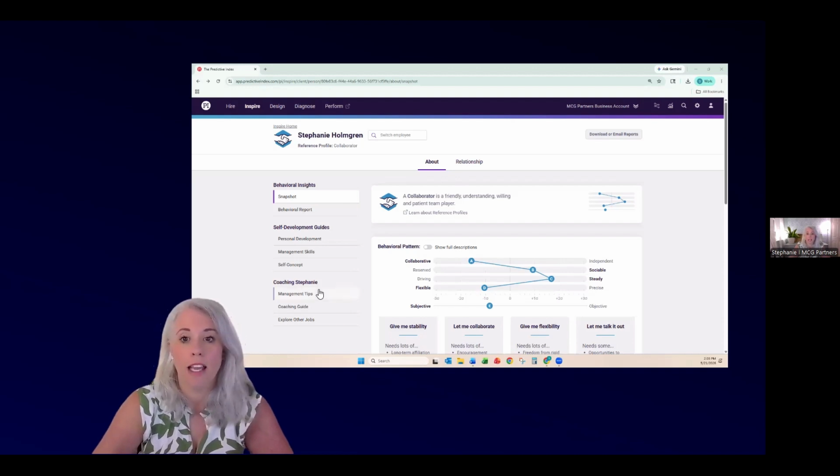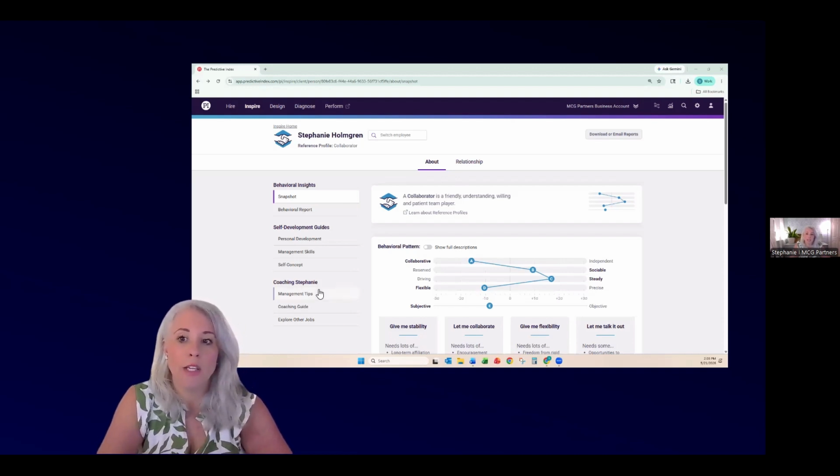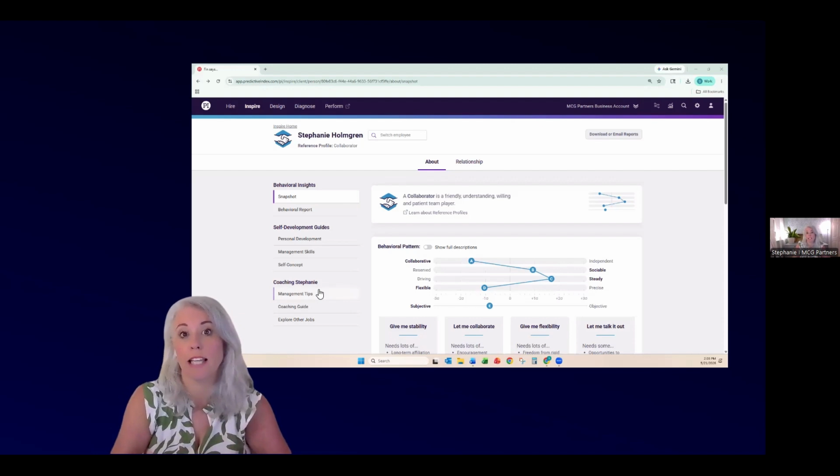The management tips guide also gives you guidance around what may help the employee be more effective, more productive, and satisfied in their role. It also includes interaction tips and language that can help a manager communicate more effectively. In a one-on-one, this helps you move from simply covering updates to creating real alignment.